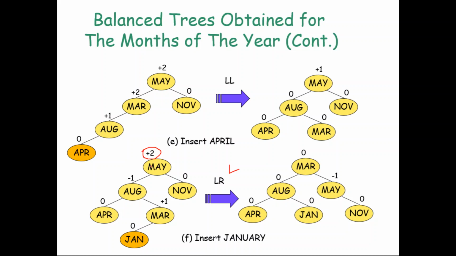Okay, but you have to identify from where the rotation should start. So once again, you start searching May, then Jan. Where is it? Jan, J is less than M, so it should be in the left side of May. So you are going to August. But J is greater than A, so it should be in the right side. So from this you can stop, because you need not check further.